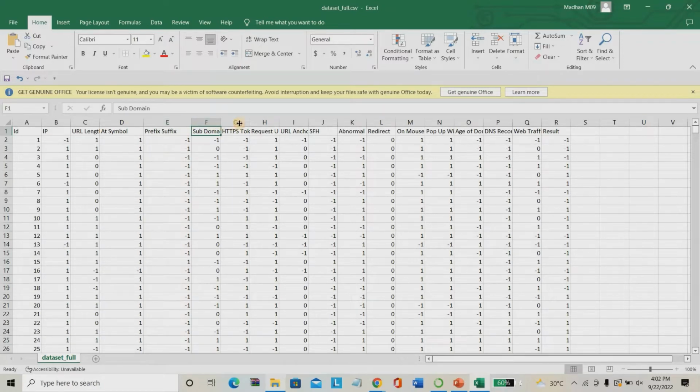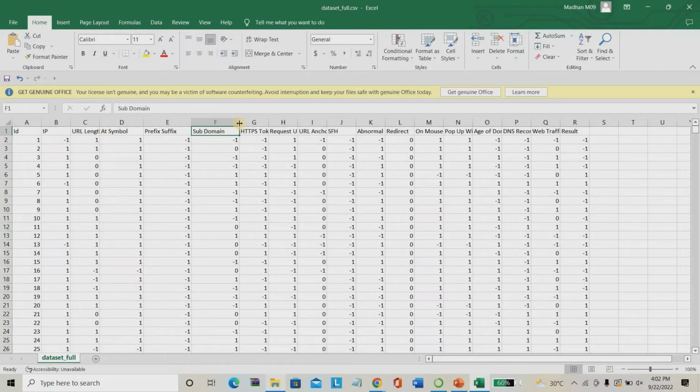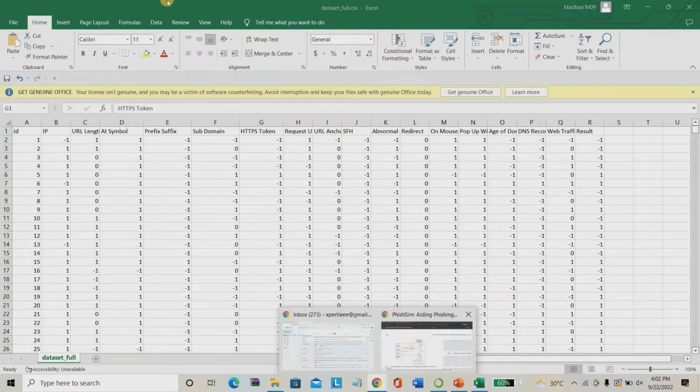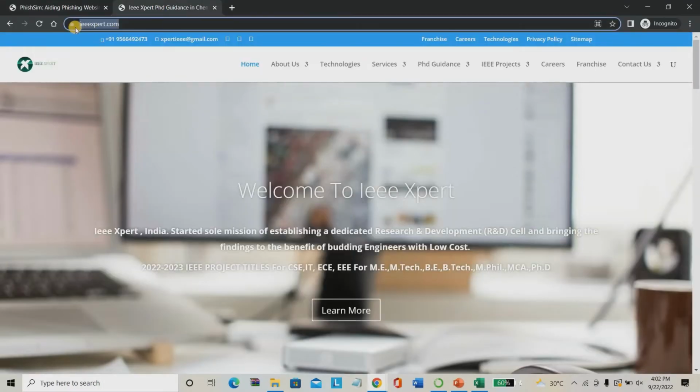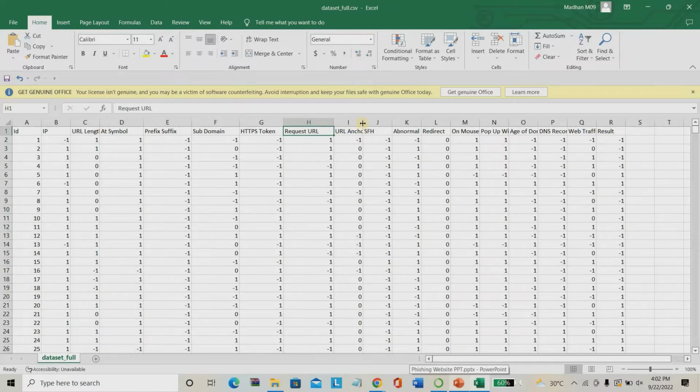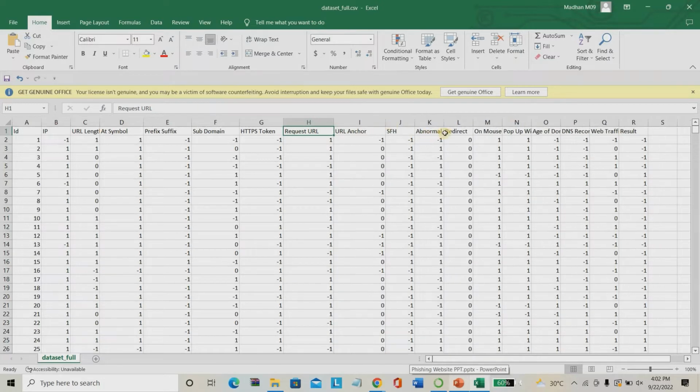Then you have to go for the subdomains. What is the meaning of subdomain? Facebook.com site, Facebook.com mobile. That is a subdomain. They carefully use subdomains for phishing websites also. Then the HTTPS token has two values. As I mentioned, if you are going to our website, it is shown as secured HTTPS. If the website is not secure, it is shown as just HTTP only. That is the HTTPS token. Then request URL. What are the URLs you can go to? What is the anchor text of the URL?